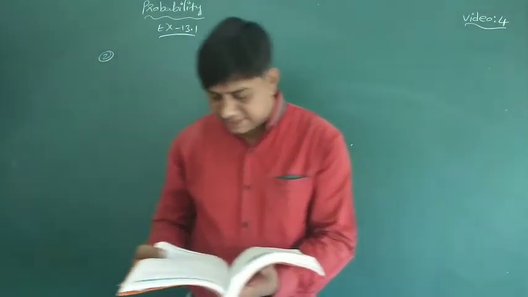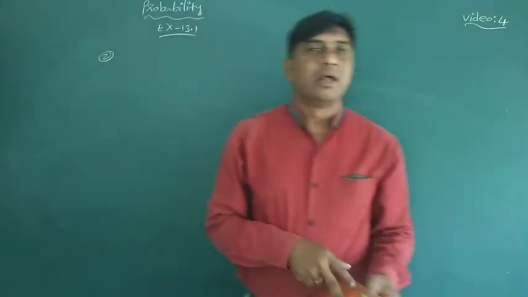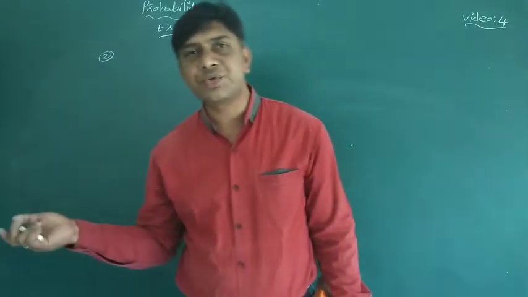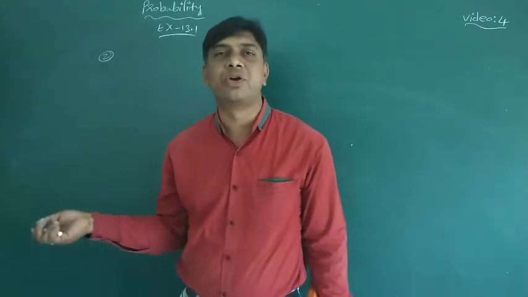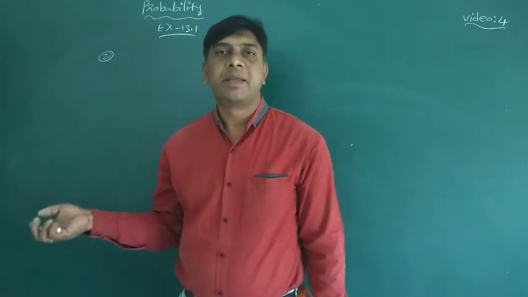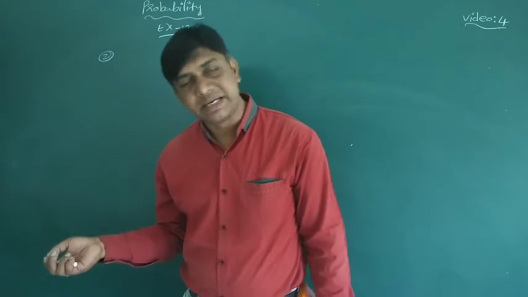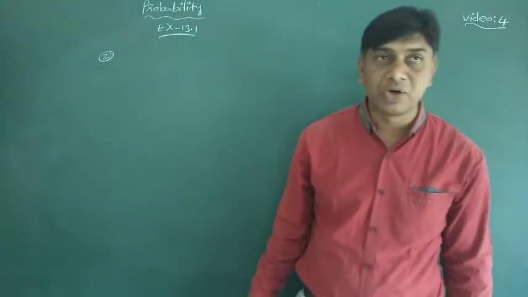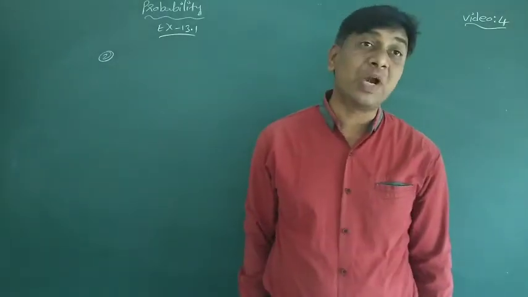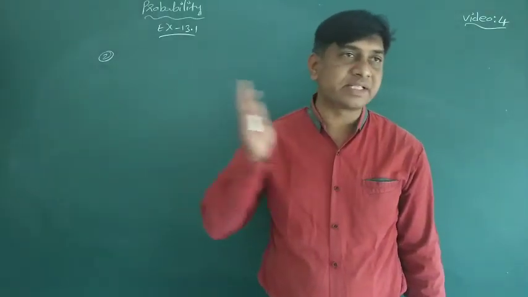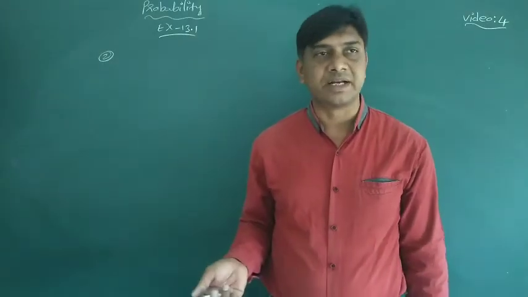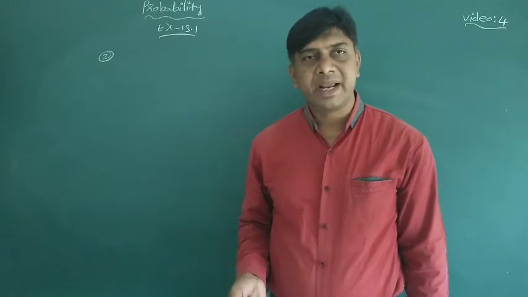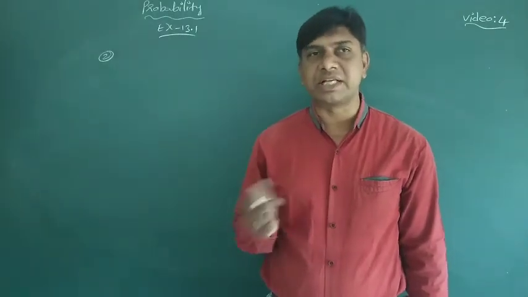A baby is born. It is a boy or a girl. Nowadays we are using a technology to find out, but before they didn't know. So a baby may be a boy or a girl. So equally likely chances only. We can't predict it, but an equal number of chances are there. Girl chances and boy chances are equal. So equally likely. A baby born may be a boy or girl, both equal chances.